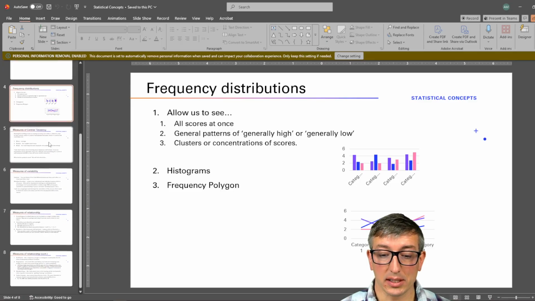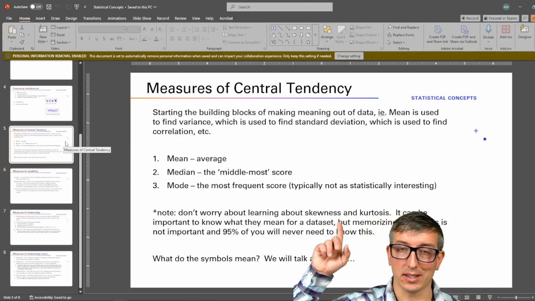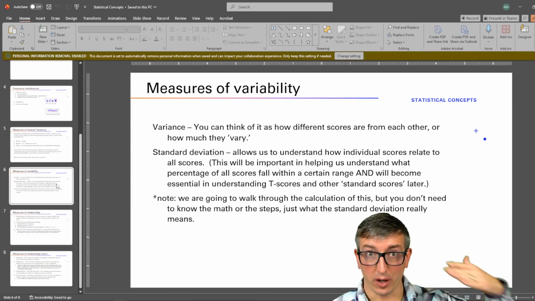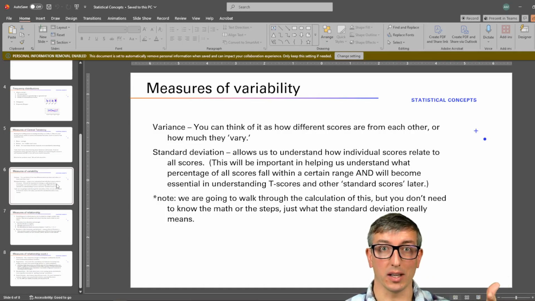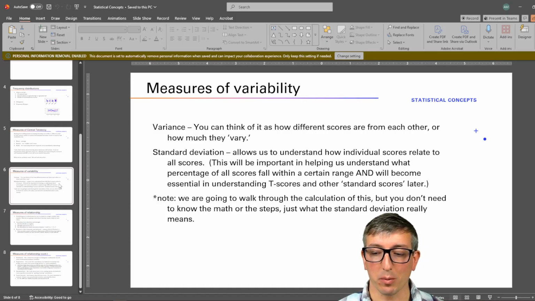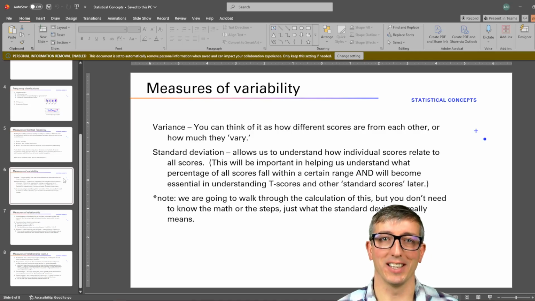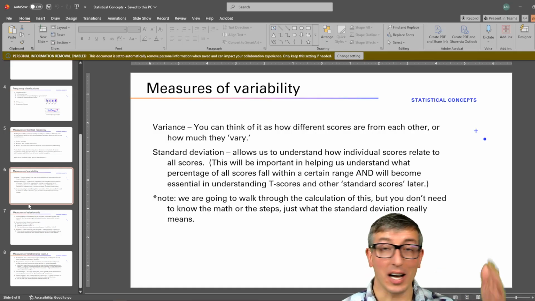So we talked about distributions, and then we talked about measures of central tendency. So you put it through the bread making process and you use the raw ingredients, flour and water and yeast and that kind of thing, mix them in a bowl or run it through a statistical analysis, and you can get things like average. Measures of variability. So variance is the next step, then standard deviation. I have walked you through it in class already by this point. So you probably saw that in the book and were like, oh, good, we don't have to look at that. And then you got to class and you were like, oh, crap, we actually have to do this. Even though I told you we weren't going to, we're not doing the math, of course, but you saw how that worked and you saw the process, even if we don't need to know it in depth, right?